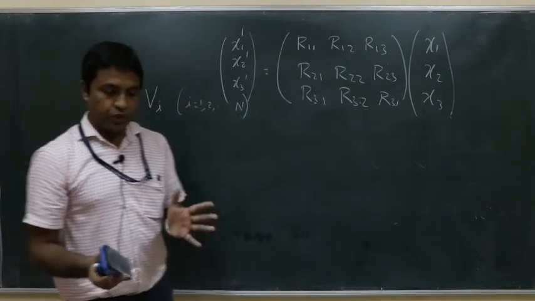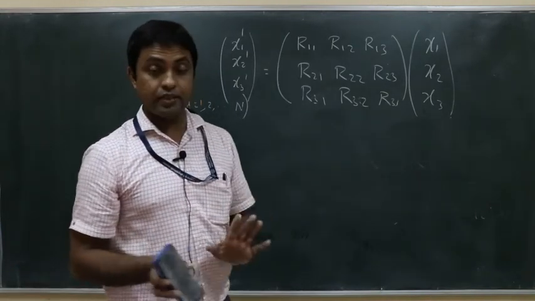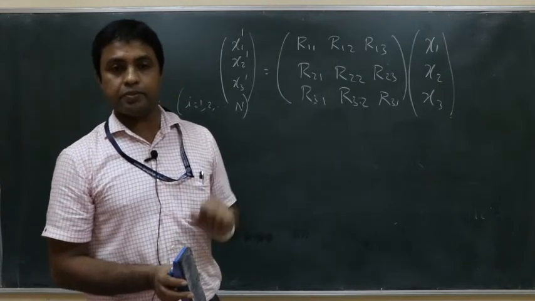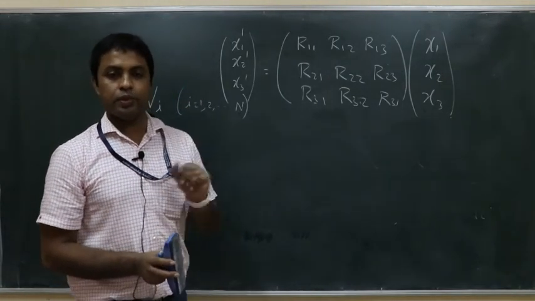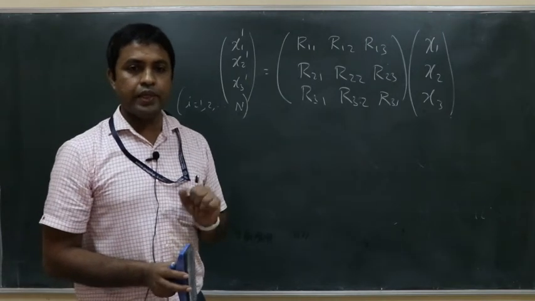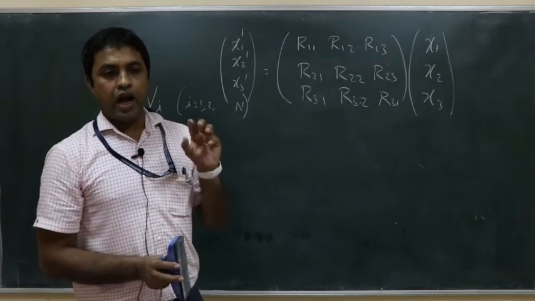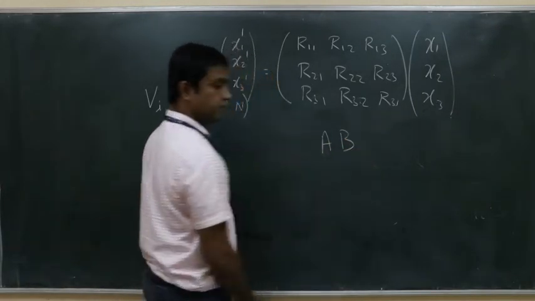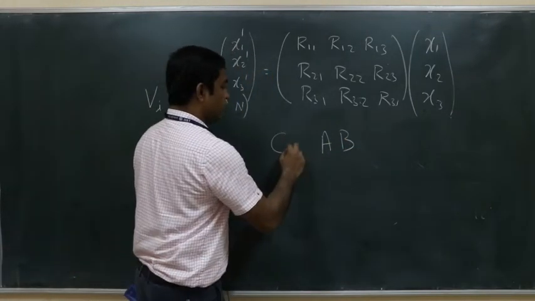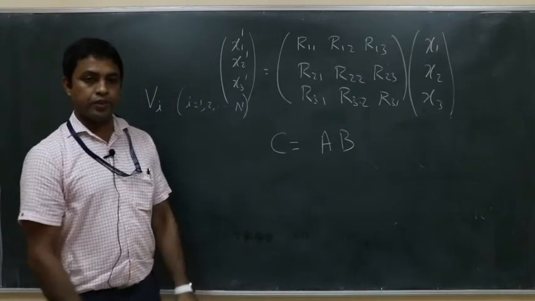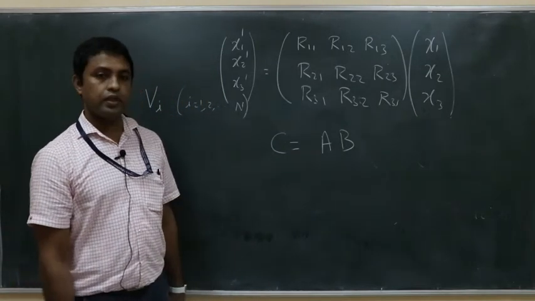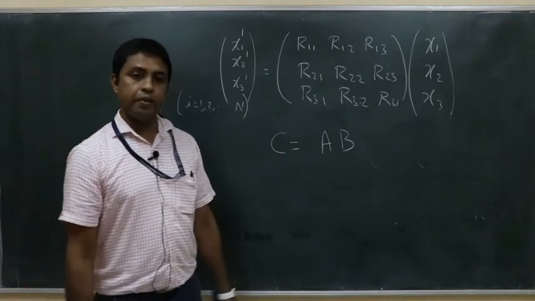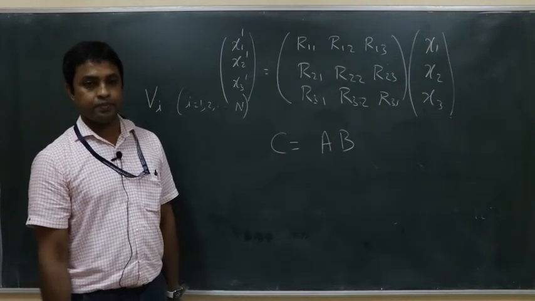Okay, so now you understood the matrix, this index notation. So you already know the matrix multiplication, right? You know the matrix multiplication. So now you tell me, I have matrix A and B. Suppose you can multiply those matrices and they are square matrices. Then C is equal to AB. Suppose I have this.